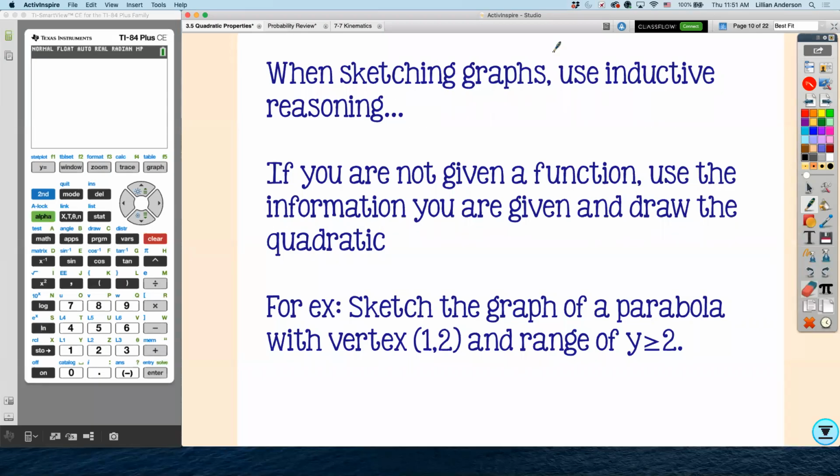So when sketching graphs, you want to use inductive reasoning. That is, you want to draw conclusions based off of the information that you already have. If you're not given a function, then you use whatever information is given to you to draw